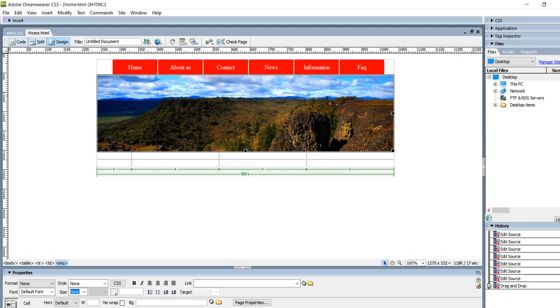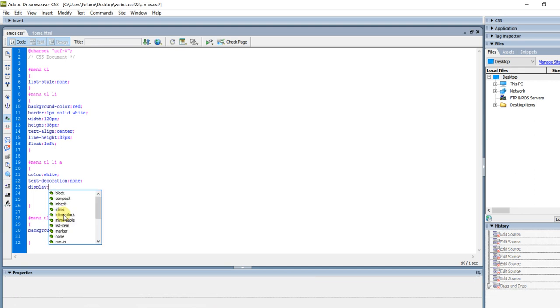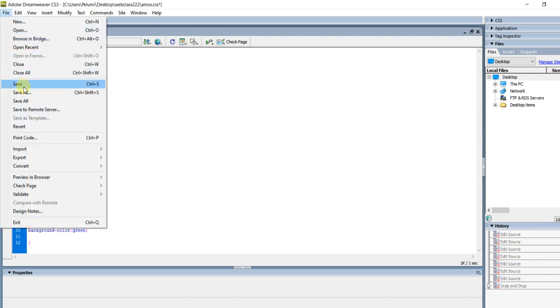Say display block. This is a command that will make it fill the entire cell. Now go to file, save all, then go to your Chrome again, then refresh. You can see, compared to the other stage,